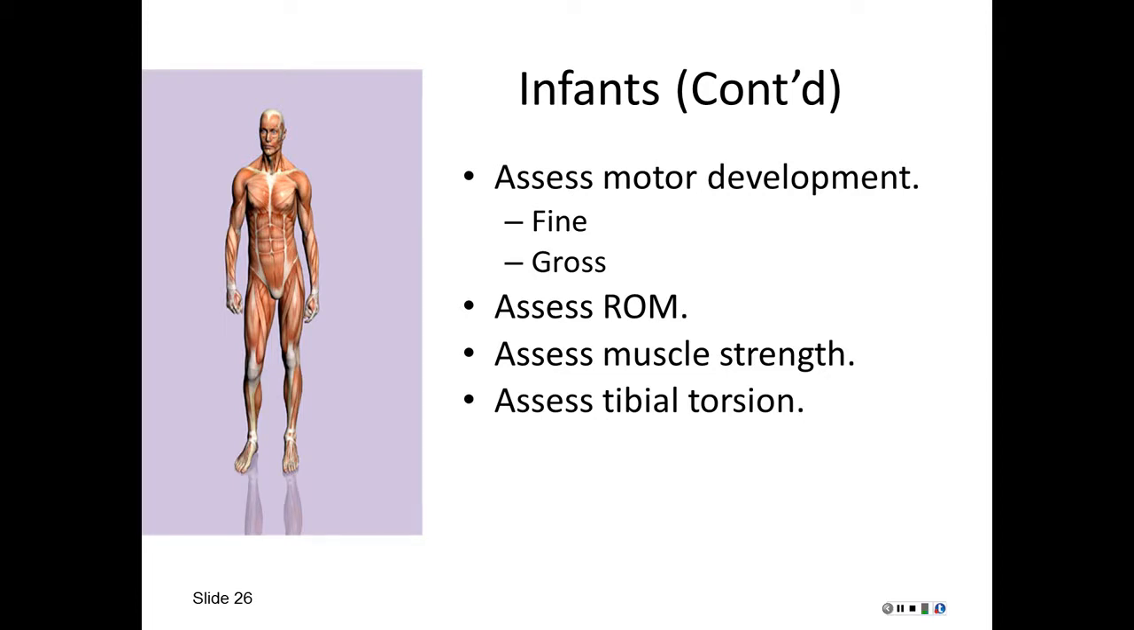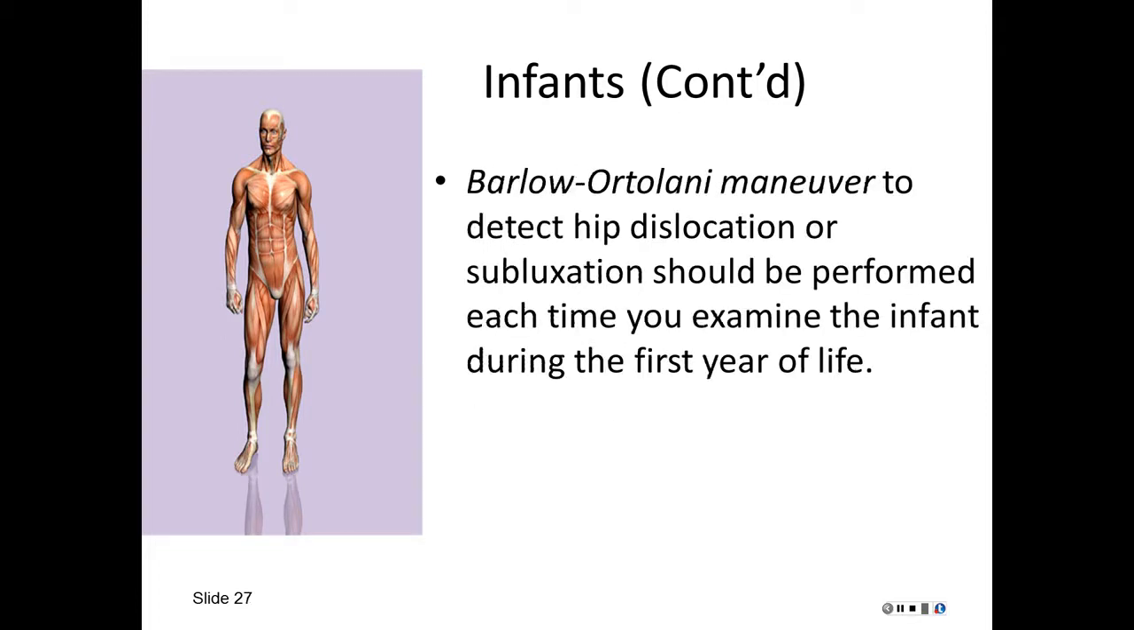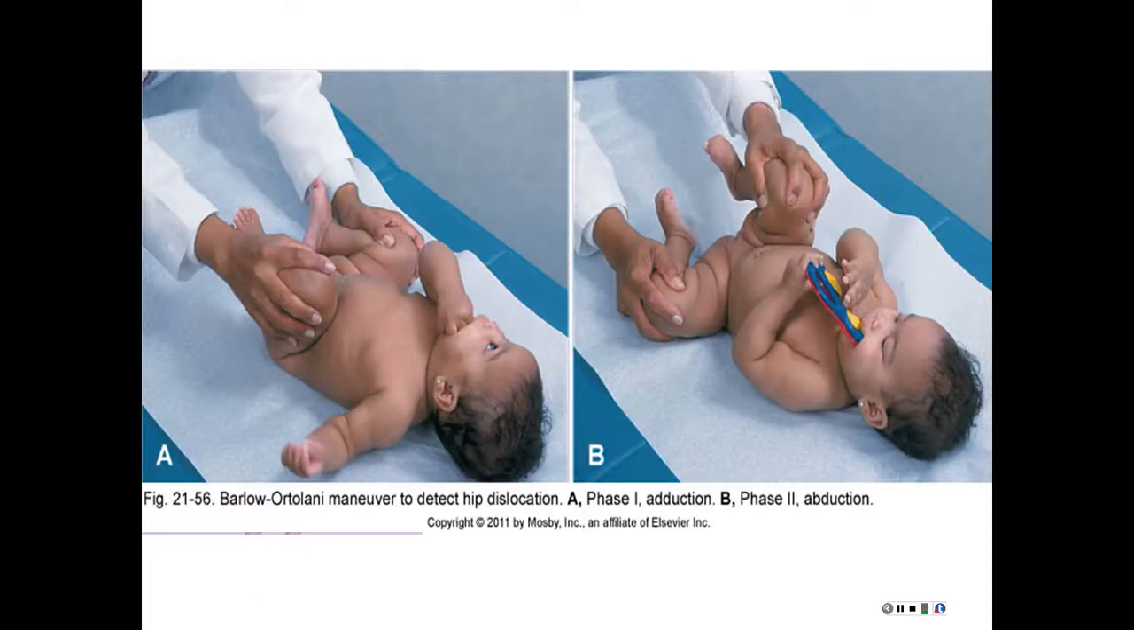And then you want to assess for tibial torsion, which is common in some toddlers. The Barlow's Ortolani maneuvers detect hip dislocation, or subluxation, and should be performed each time you examine the infant during the first year of life. And so here you're seeing the procedure in A. The first thing you're going to do, in phase A, is abduction, where you have both knees up and you flex it up,